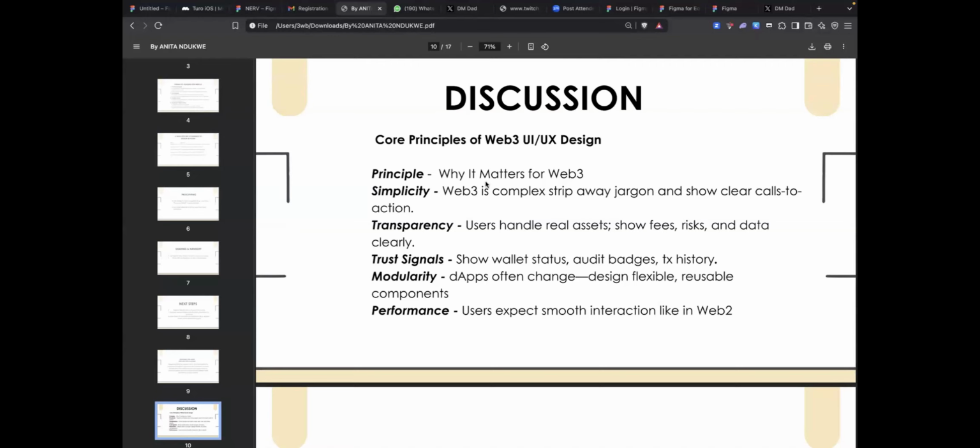simplicity, transparency, trust signals, modularity. This is exactly the things we have been talking about. You have to show the risk, the connections, everything has to be detailed when you're designing a Web3 wallet or any Web3 product. Everything has to be as detailed as possible. Because if you don't detail it, when someone loses money, they will go to your customer support and say,